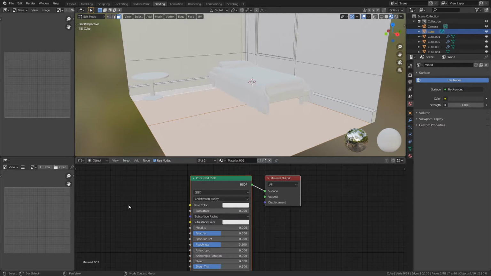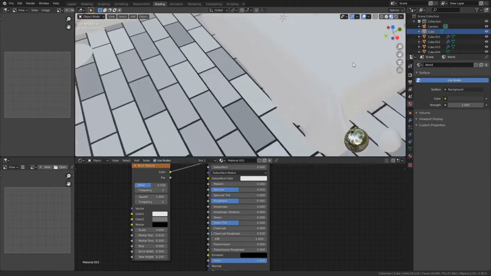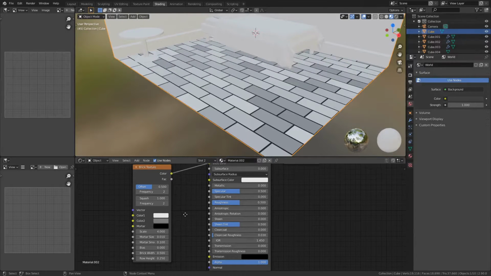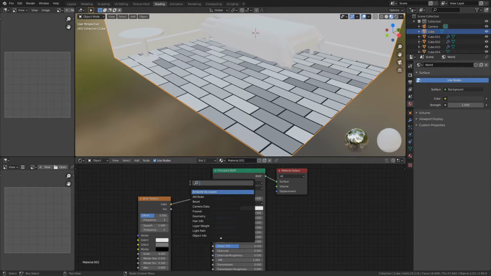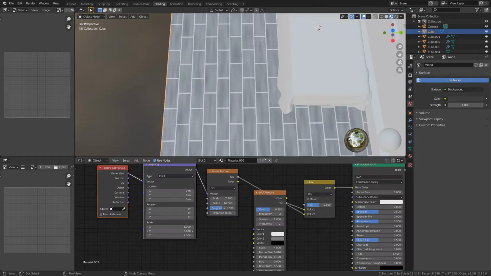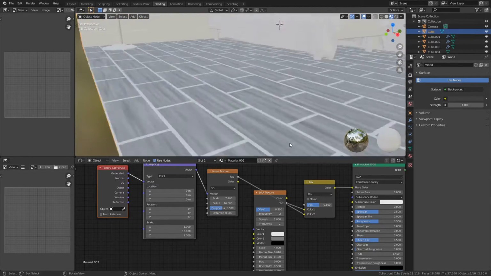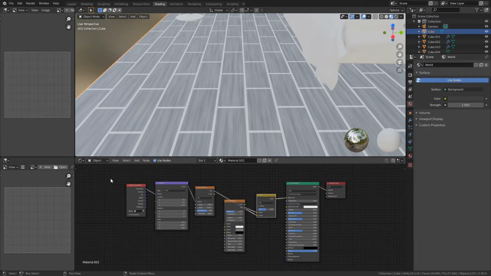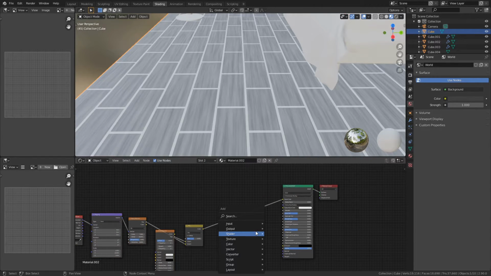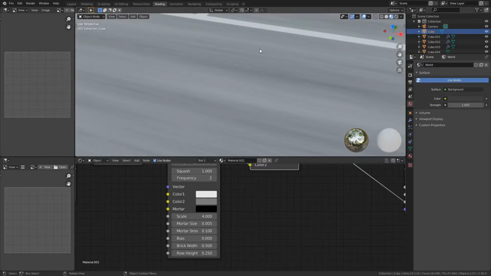The floor, I want to use a brick texture for the floor. Here I have my kind of brick texture floor. What I'm going to do is mix this with a noise. I'm going to make the scale squashed like that. And I'm going to plug all of this into a bump. So now that I have this bump map here,